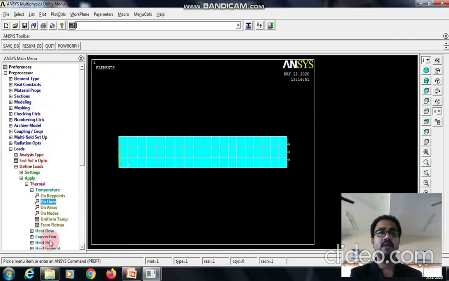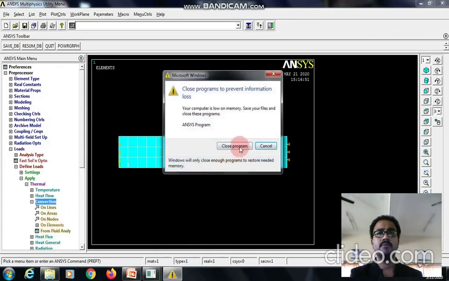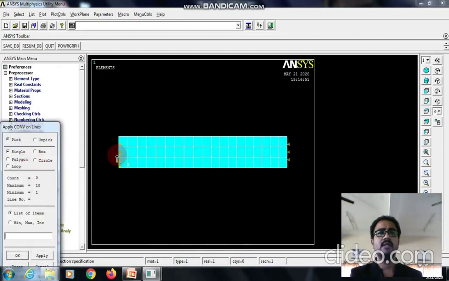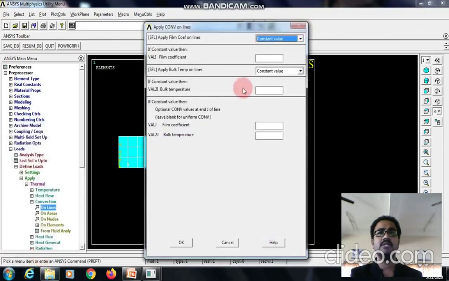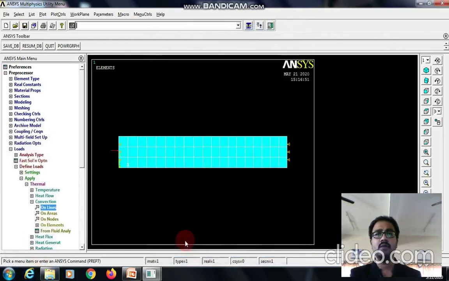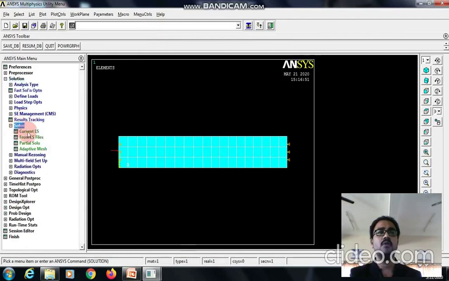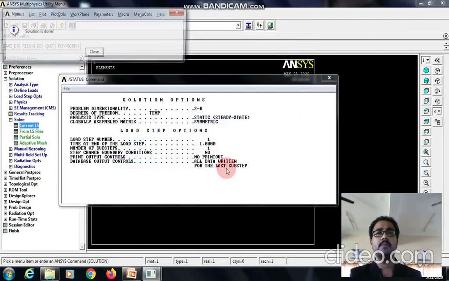Now I need to define the convection on lines. So select the line where the free end convection is taking place. Here enter the heat film coefficient value and give OK. Now we can go to solution, solve, current load step and OK.